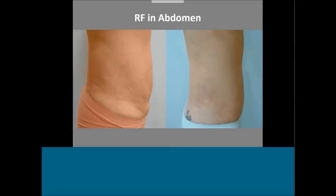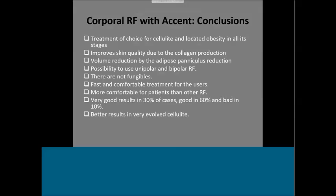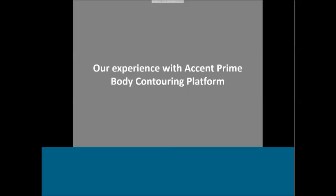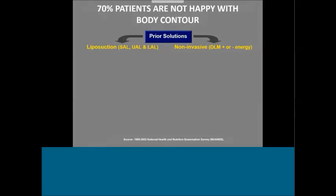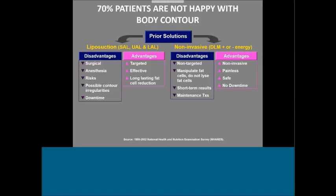But later I will show you a lot of cases with the ultrasound device, the Prime device, because here we can control that we obtain results, not only with radiofrequency. So, what is the principal experience with the Accent Prime? Think about that. A lot of people in the world would like to reduce local fatty areas, and they don't like to use surgery, because all of you know the disadvantages of surgery, and most of the people who are losing weight would like to treat